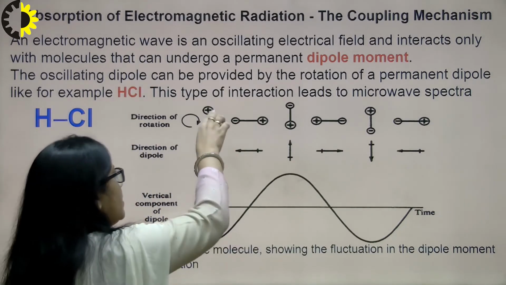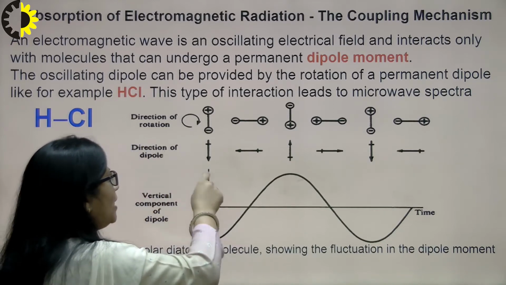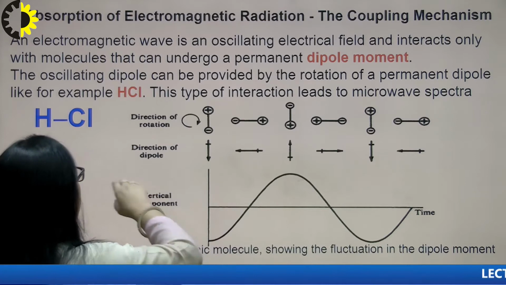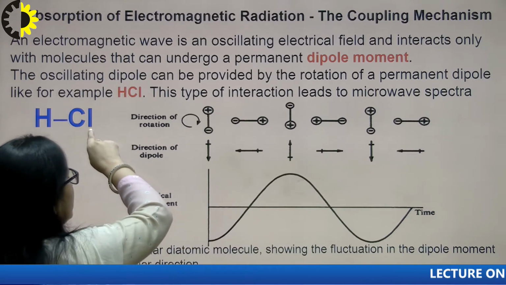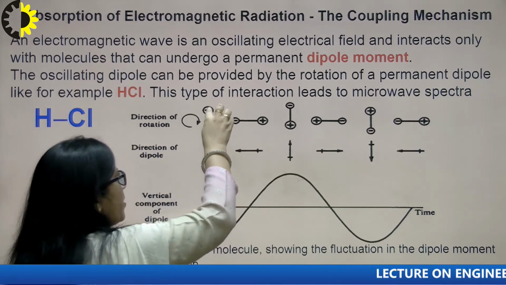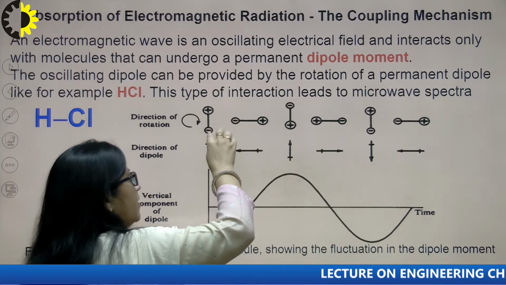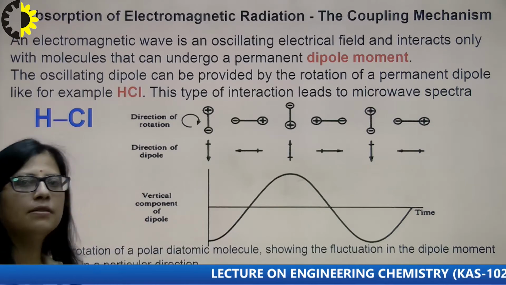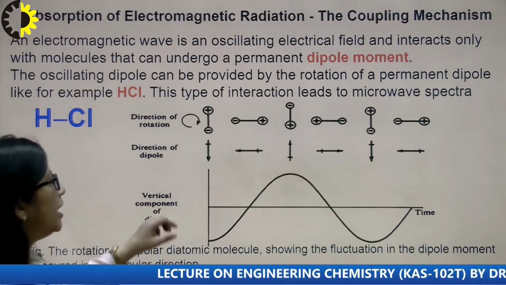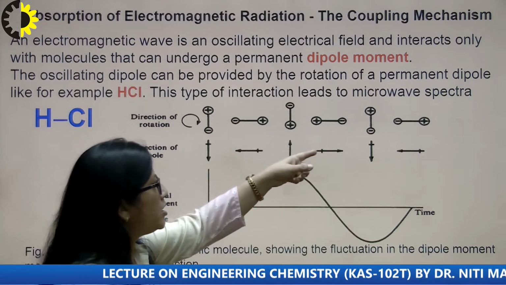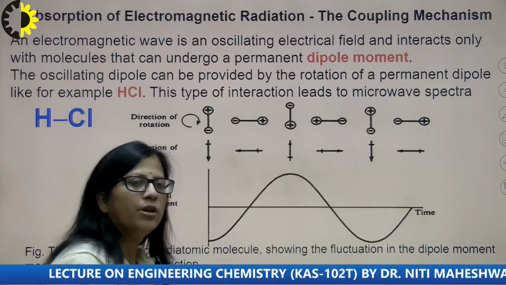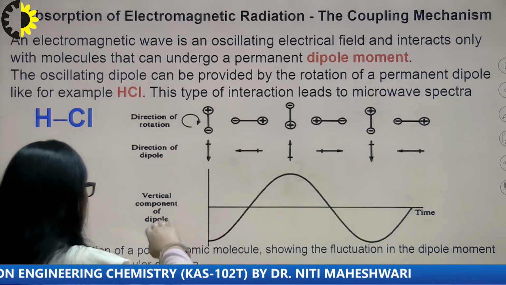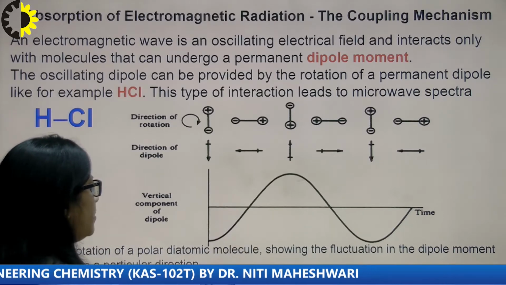So, this is the direction of rotation, how it is rotating. This is the direction of the dipole. Again, I will explain. Here H is positive, Cl is negative, partial negative. So, the direction of the dipole will be towards the Cl minus ion. Similarly, the direction will always be towards the more electronegative atom, and as a result, the rotation or the fluctuation